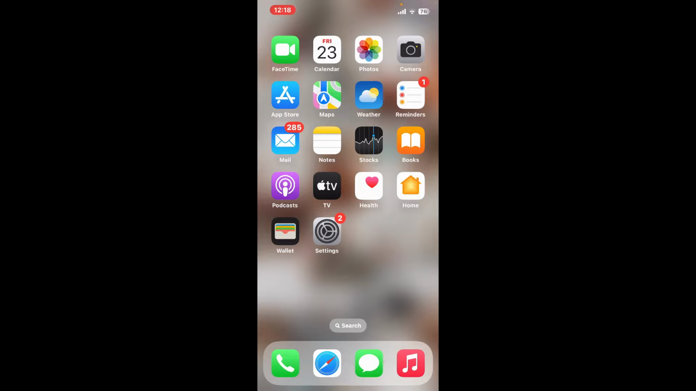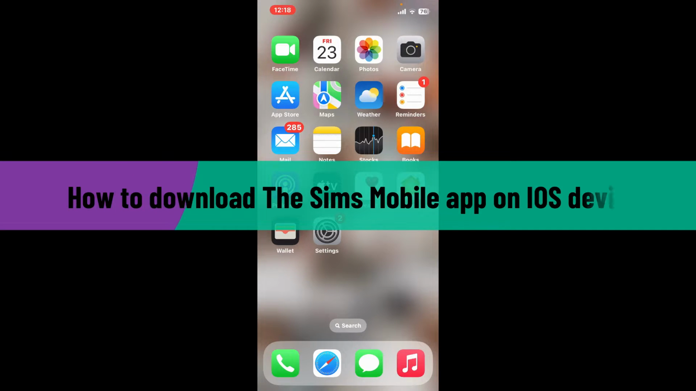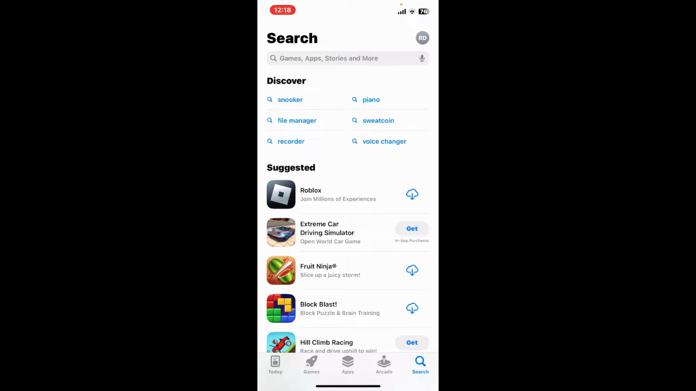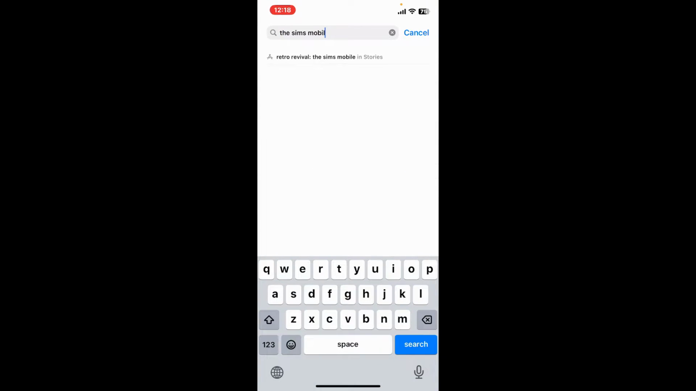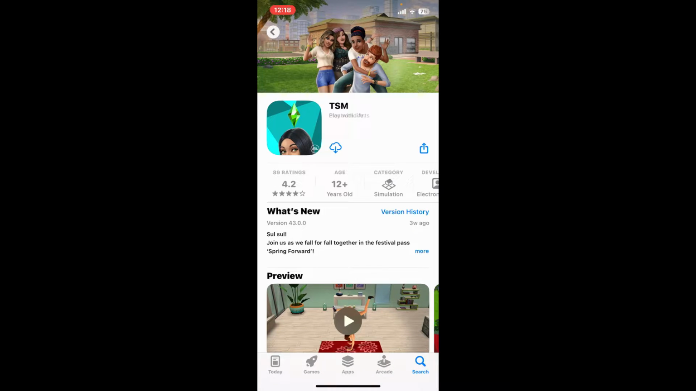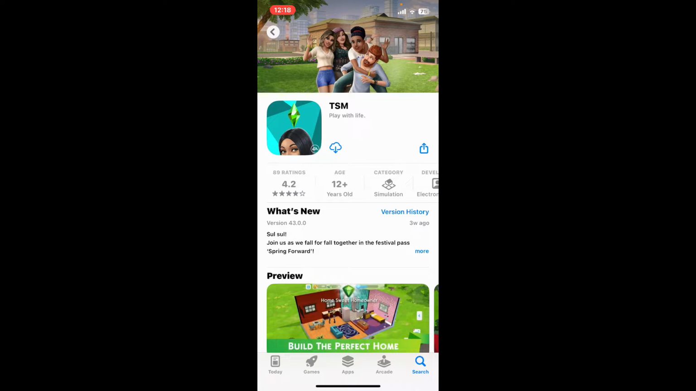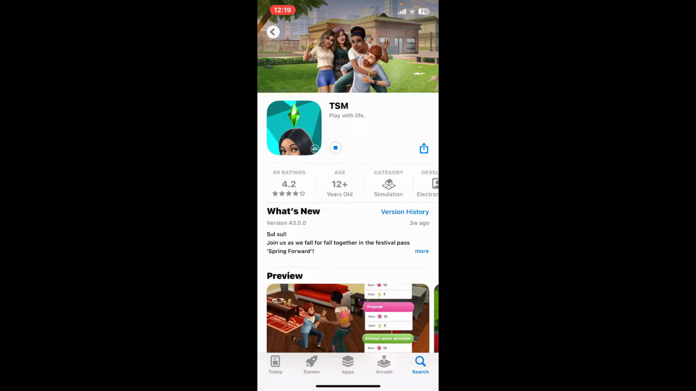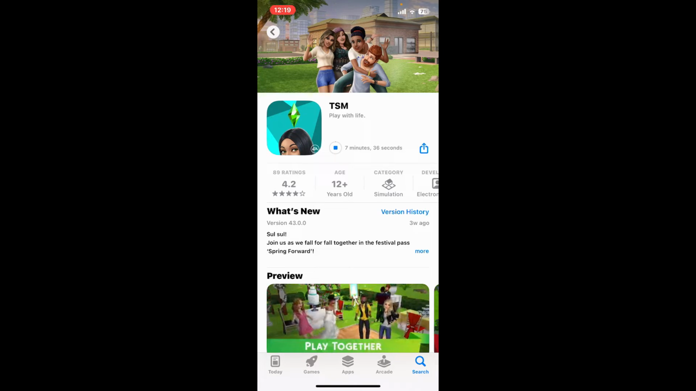In this video, I'm going to be showing you how to download the Sims mobile application on your iOS device. So let's get started. First of all, open your App Store. Go to the search box and type in The Sims Mobile and search. Look for this application from Electronic Arts and tap on the download button to start downloading the Sims mobile application on your iOS device. Wait until the app is downloaded and installed, which might take a couple of minutes depending